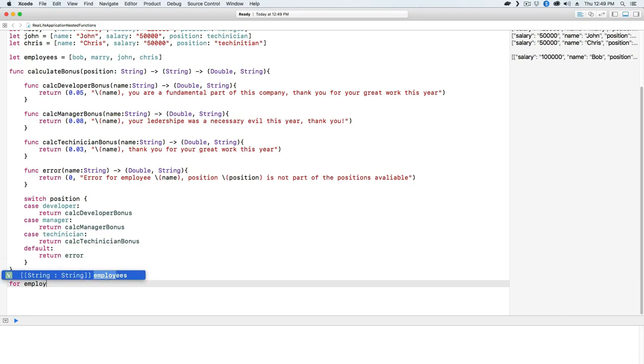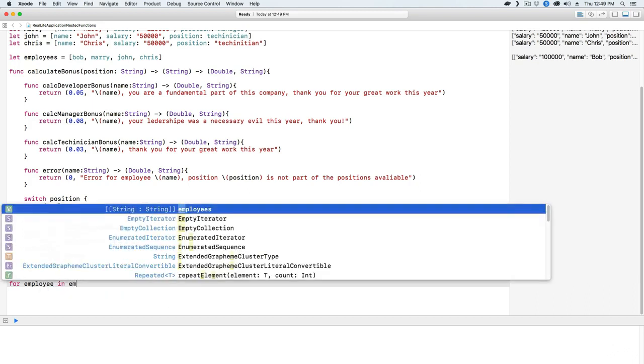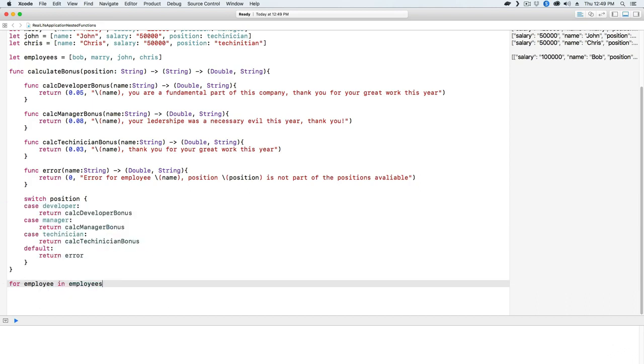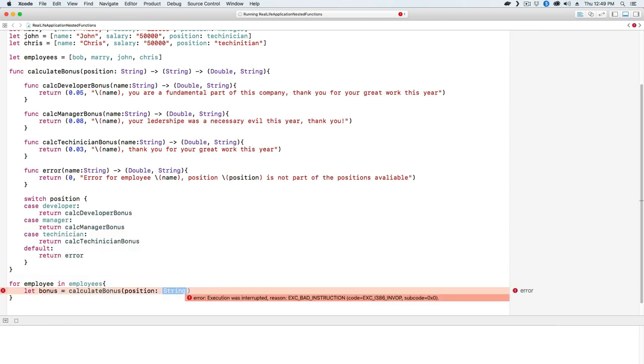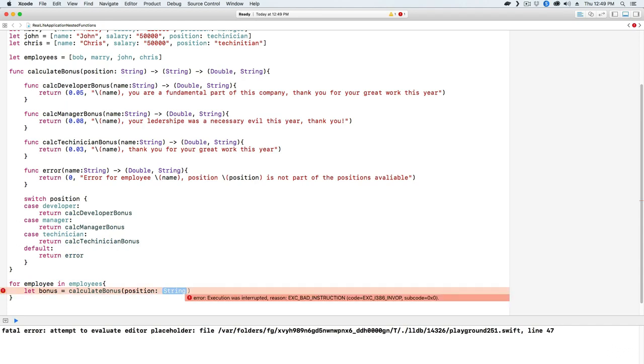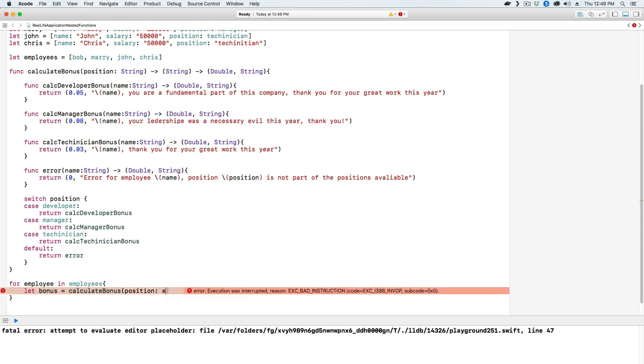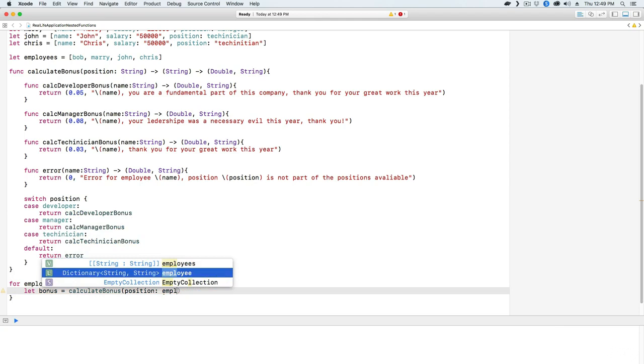So we're going to say employee in employees. Now what we're going to do is say let bonus equals, and then we're going to call calculate bonus, and remember the value of this bonus will be one of these functions. And now we're going to pass employee